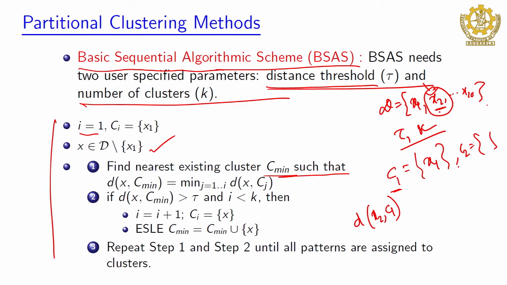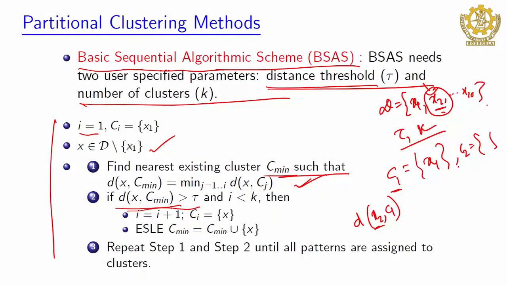So, we compute the distance from x 2 to all the clusters and find the closest cluster. Once we have found this closest cluster, we find the distance from the point x 2 to the closest cluster, which we must have already computed in this step. If this is greater than the threshold distance tau, what is the threshold distance? That means, if any cluster is within the threshold distance, that point will be assigned to